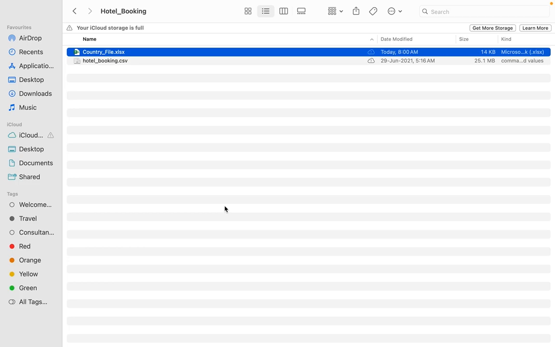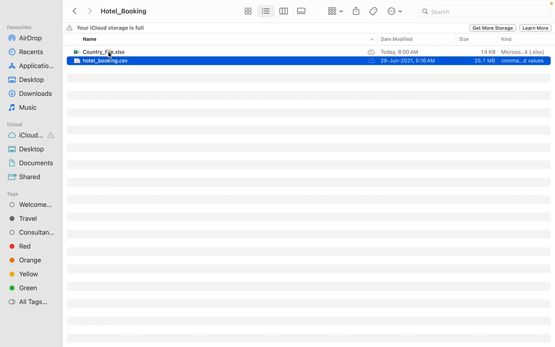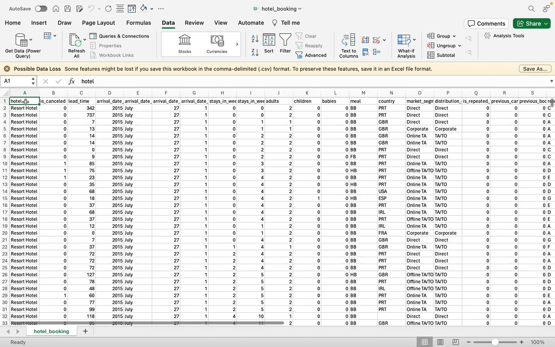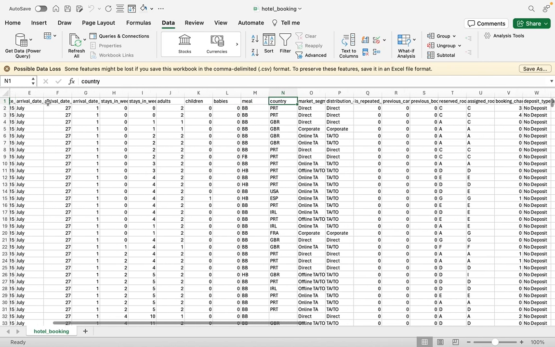Hotel booking data analysis on Tableau. I have a hotel booking file and a country file as well. In the hotel booking file, we have hotel type, whether it is cancelled or not, lead time, arrival date, stays in weekends and weeknights, number of people who got booked, and then meal type, which country this data is coming from,